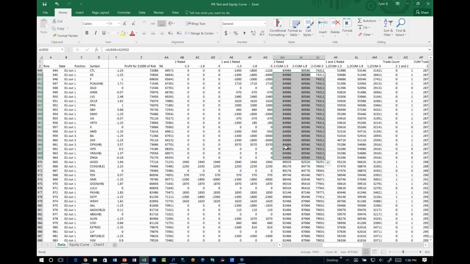Now this doesn't factor in slippage. It assumes you take every trade, which we don't. I always miss a few. That doesn't always hurt me. Sometimes I miss some of the bad ones too. But generally I try to take every trade. There's slippage in here. You're never going to earn what this is. I always try to discount this by at least 10% for slippage and commissions. But anyway, let's look at the equity curve now.